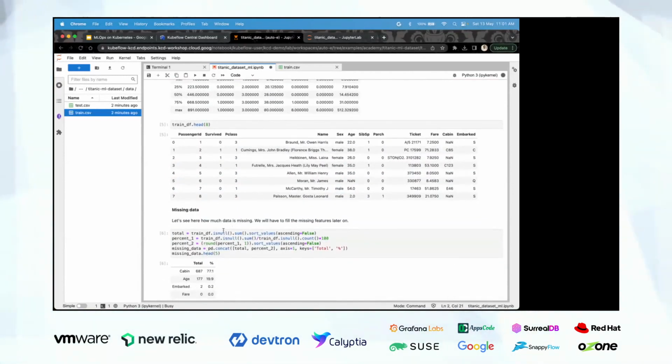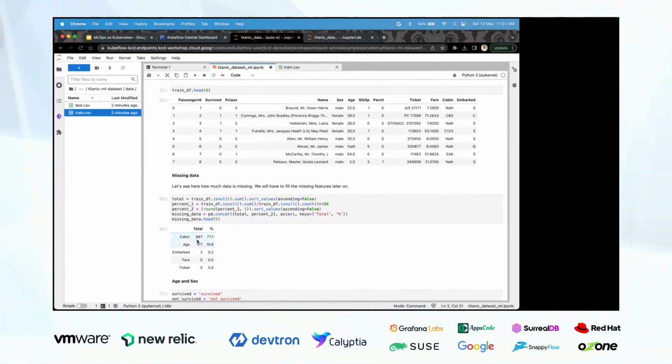Now we will handle the missing data. These are the columns which have missing data points, which are cabin and age. I'll quickly walk through the features. This Titanic ML dataset is a survival prediction use case wherein we have to predict whether a passenger will survive or not, given these features, like the class of ticket they have taken, name, age and sex.